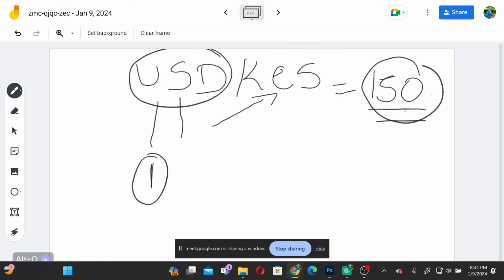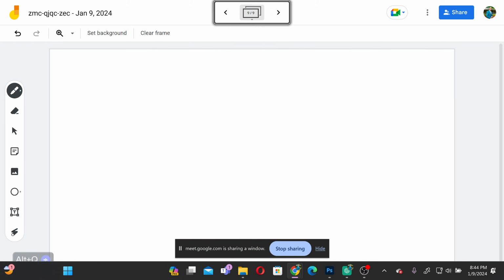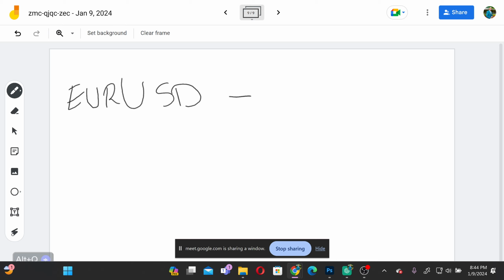So that is it. If you see something like euro USD, and you see the value written as 1.100, which means for you to get €1 you need $1.1, which means the euro is very expensive to buy because you need more dollars to buy €1. €1 is worth